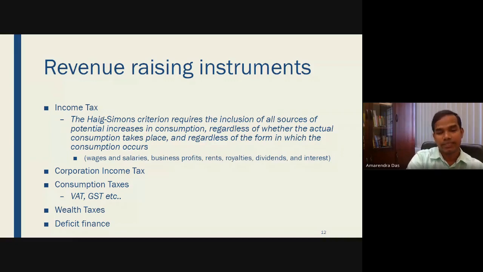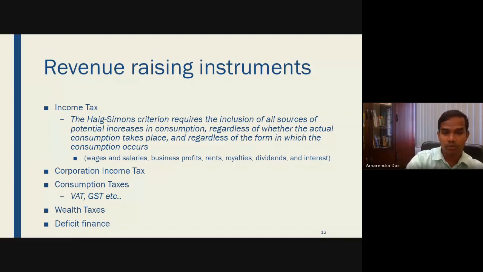So like that, it has evolved, and those are also discussed. Like which tax is good, whether it is a unit tax or a specific tax, or an ad valorem tax, or a value-added tax, or a goods and services tax. We had a separate tax for the services, we had a separate tax for the goods, and so now those are merged. So those are also discussed in theories. What is the effect of a value-added tax? What is the effect of a goods and services tax? So all those things we are discussing in those theories.